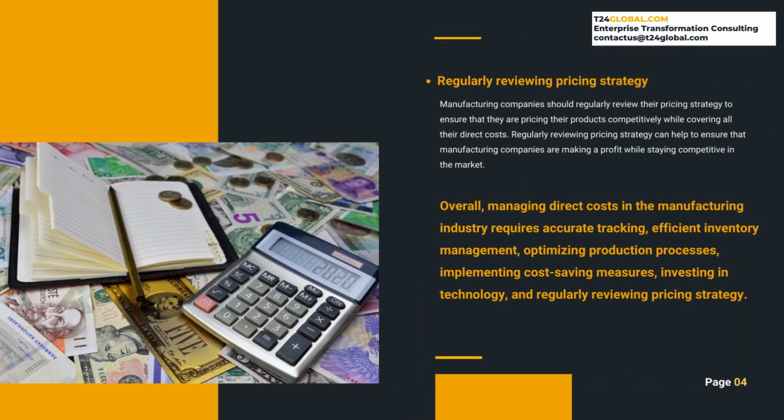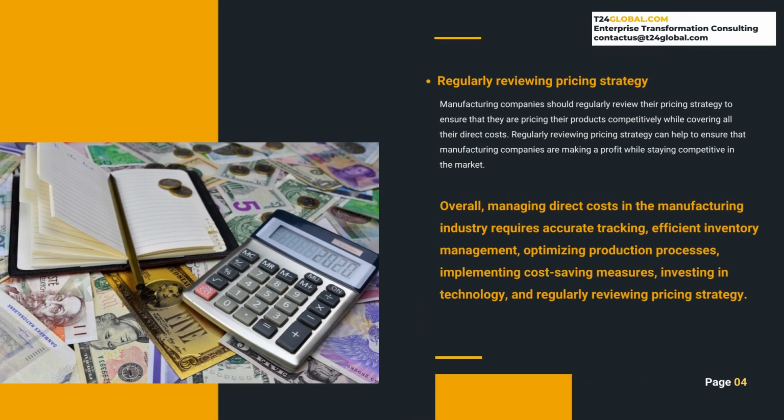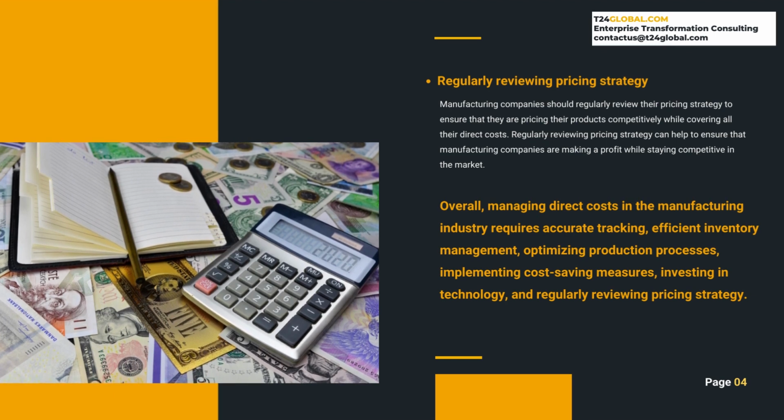6. Regularly reviewing pricing strategy. Manufacturing companies should regularly review their pricing strategy to ensure that they are pricing their products competitively while covering all their direct costs. Regularly reviewing pricing strategy can help ensure that manufacturing companies are making a profit while staying competitive